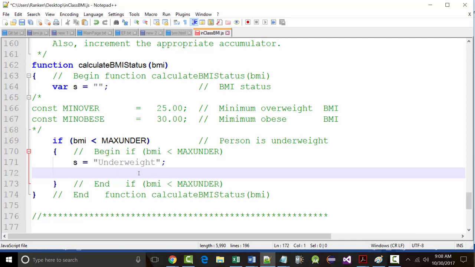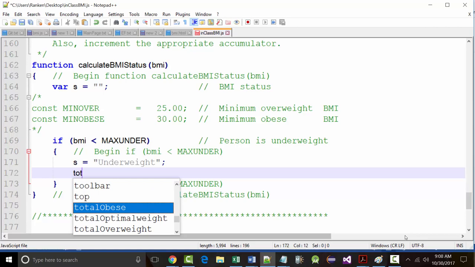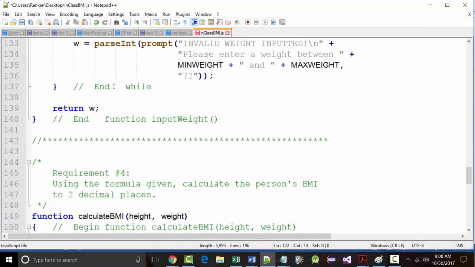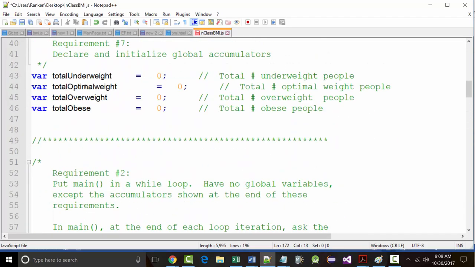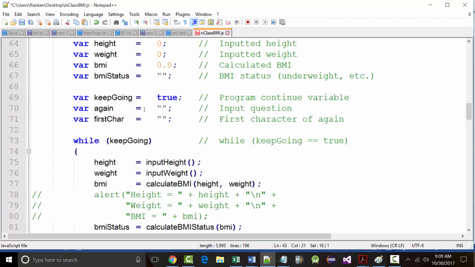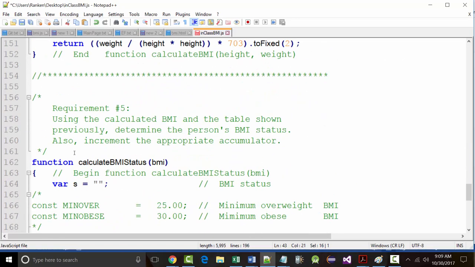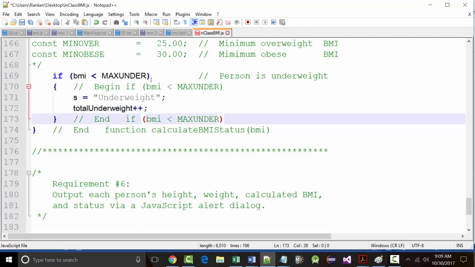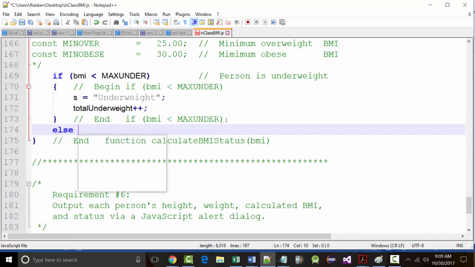All right? What's the other thing, Colin, you just said I want to do here? I want to grab and add one to the accumulator. So that's total, what do we call it? Total underweight. Plus plus. Again, I could have said equals plus 1. It doesn't really matter. Else, if BMI is less than